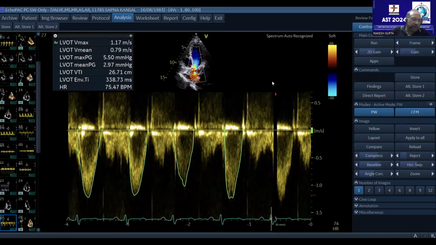Now take a piece of paper, all of you. Even I'm going to have a piece of paper. First, let's look at the LVOT VTI. LVOT VTI is 26.71 centimeters. Correct? The next is